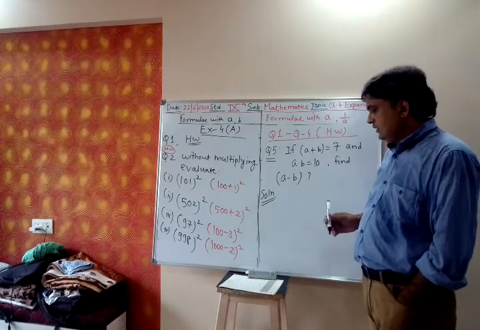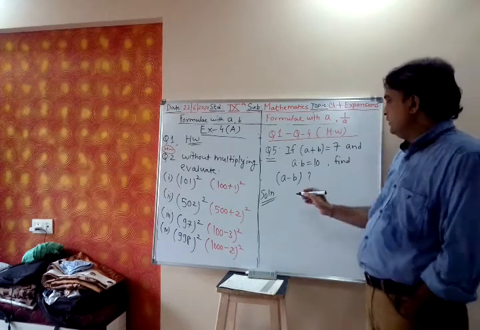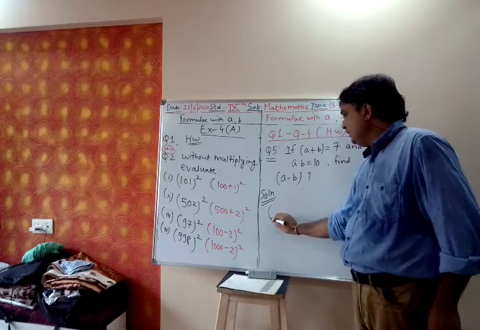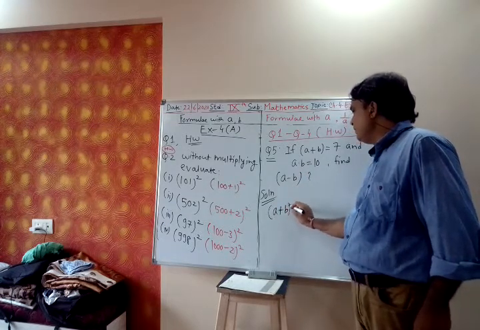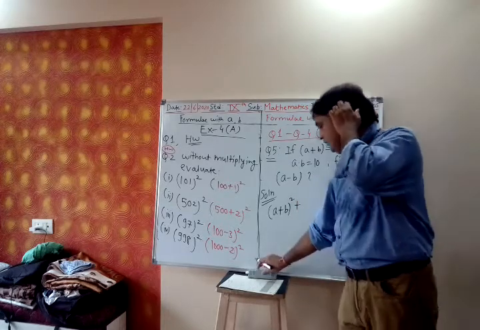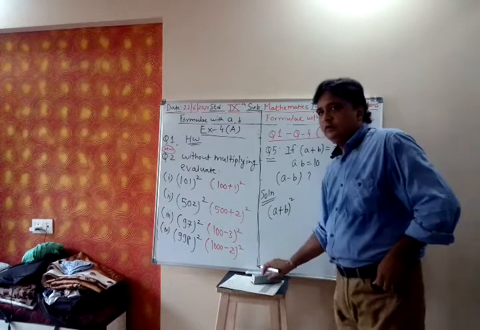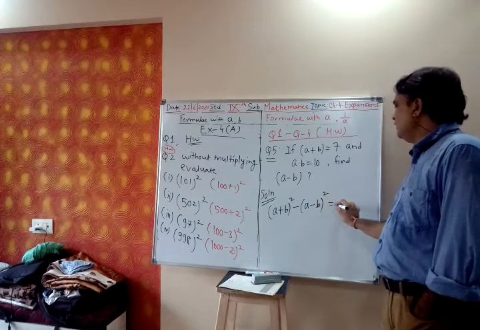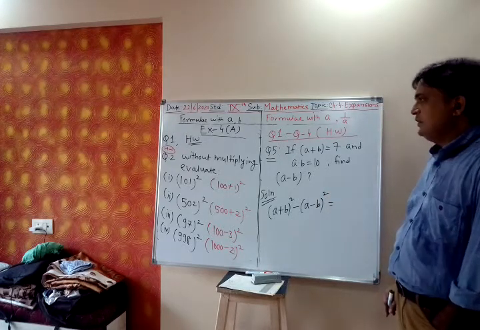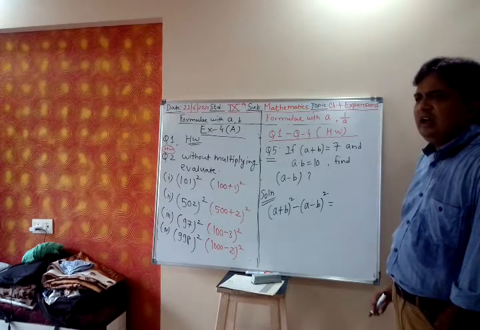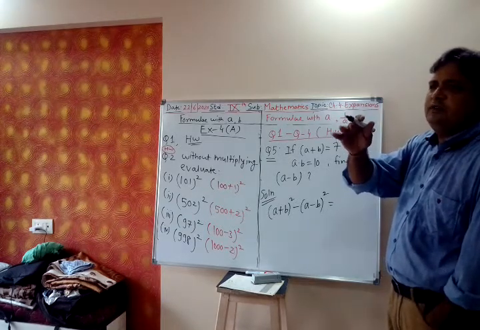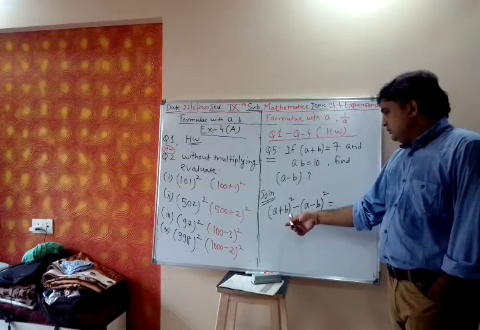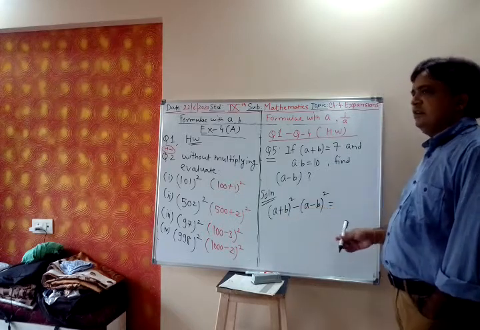So what I will do, I will use the third formula, where you have a plus b and a minus b. Just see, a and b. A plus b whole square, and I will use the fourth formula if you want. What is that? A plus b whole square minus a minus b whole square, fourth formula. I will find a minus b whole square and then I can take the square root. No problem. So what is a plus b whole square minus a minus b whole square? Fourth formula.